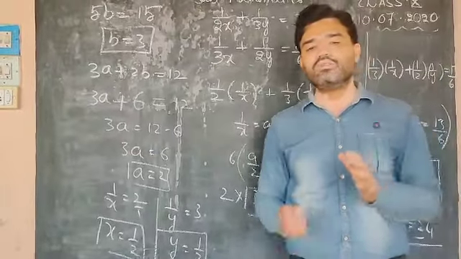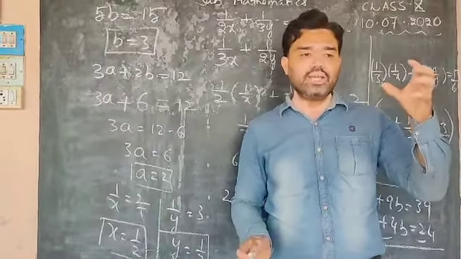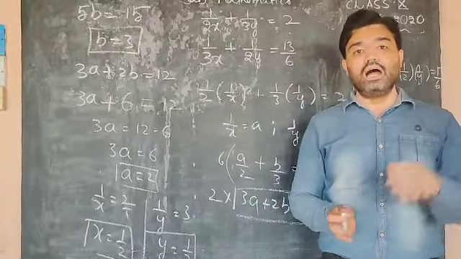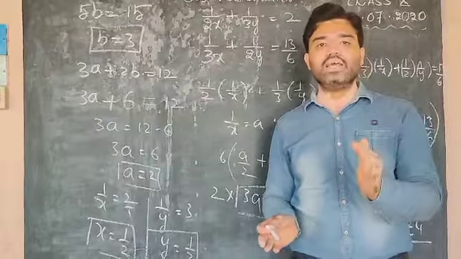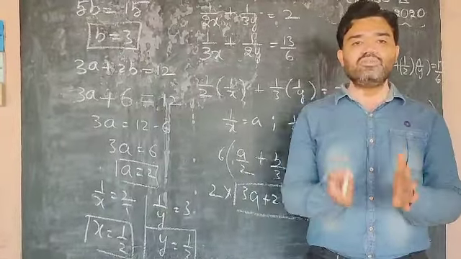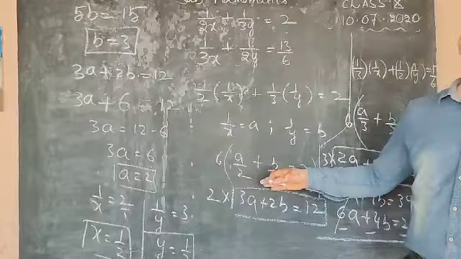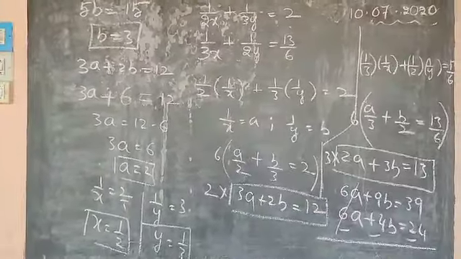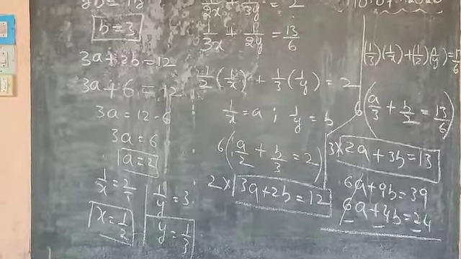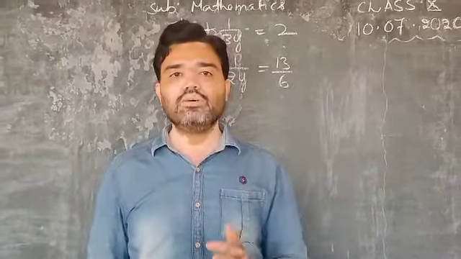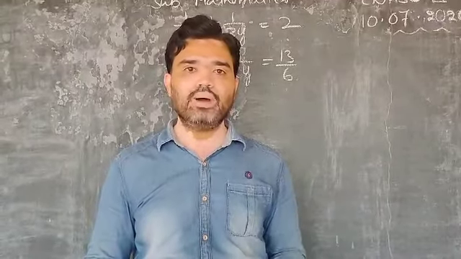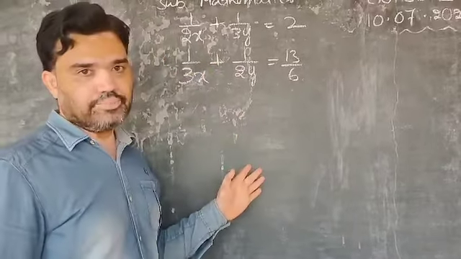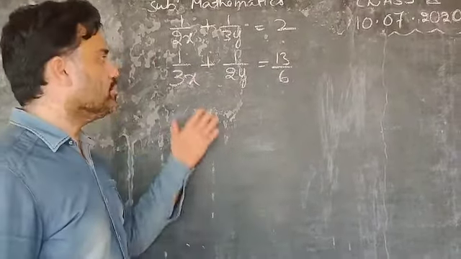First, what you have to understand, children: while solving, take the given equations, observe the common variable, and assume that common variable as something like a and b. When you assume and simplify, you will get it expressed as linear equations. After that you can use the elimination method. Okay children, this is one of the methods given in the textbook, but without taking that, you can do it in another way. So let us do it another way.